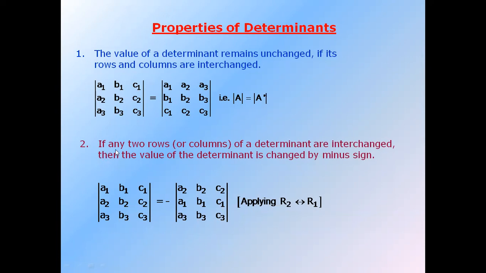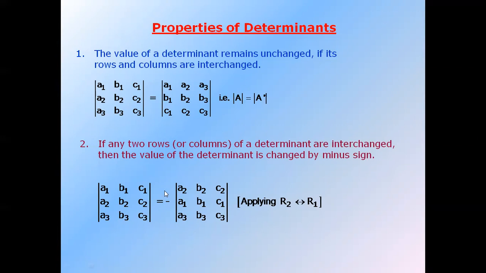The second property is if any two rows or columns of a determinant are interchanged, then the value of the determinant is changed by a minus sign. Means first row interchanged with second row, or second row interchanged with third row, or first column interchanged with second column, then the value of the determinant changes in sign. Means if the value of this determinant is 3, then the value of this determinant will be minus